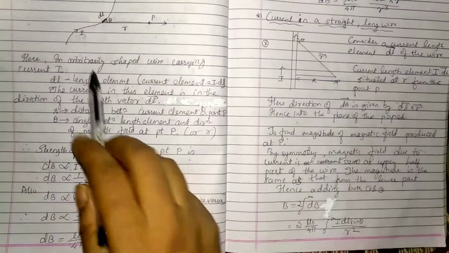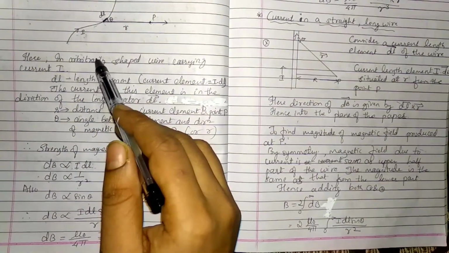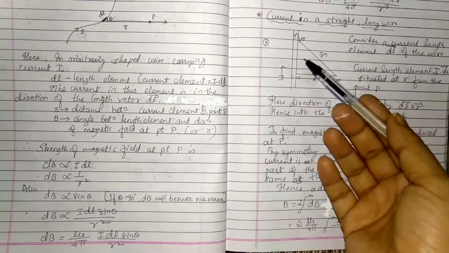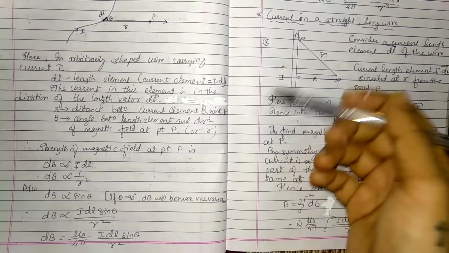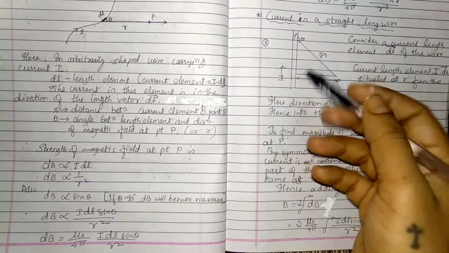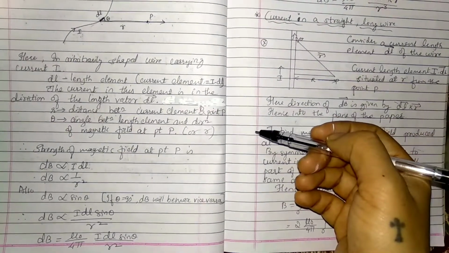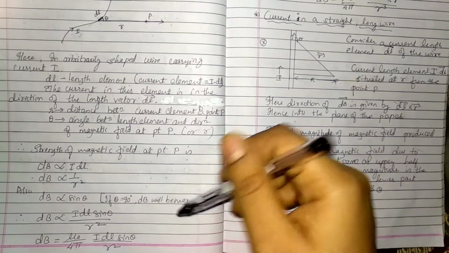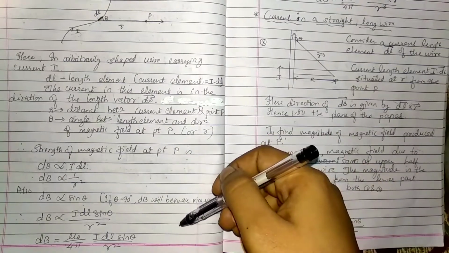As you see, we have taken an arbitrarily shaped wire over here. What will happen, or how do we apply this Biot-Savart's law to a straight long wire? When the question comes with a straight long wire, we take the length of this wire as 0 to infinity. So, let us see how we can apply this Biot-Savart's law to the current in a straight long wire. It can be called one of the applications based on this Biot-Savart's equation.